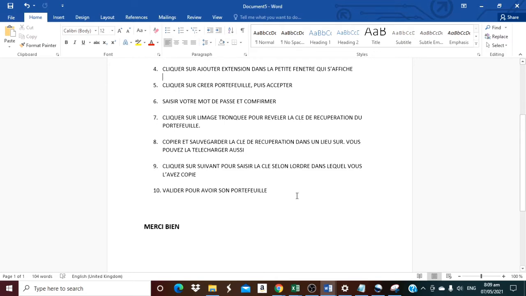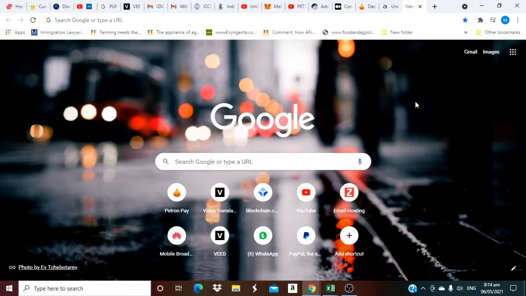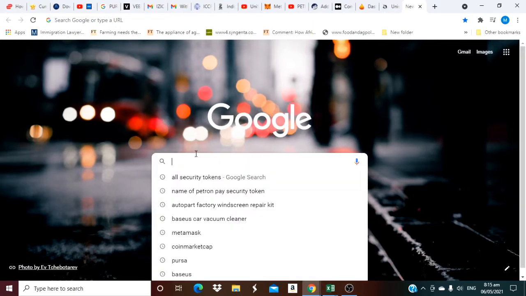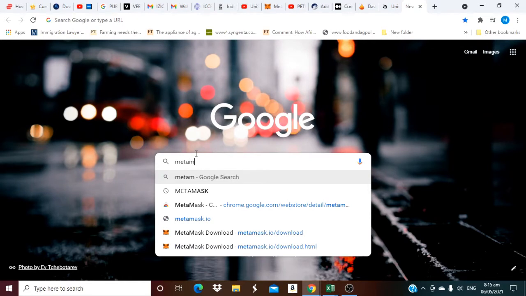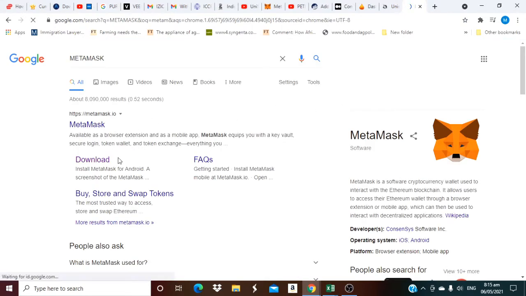Okay, so let's go to Chrome and create our wallet. How to create the MetaMask wallet. So here in our browser we type MetaMask. When it comes, you click on download.